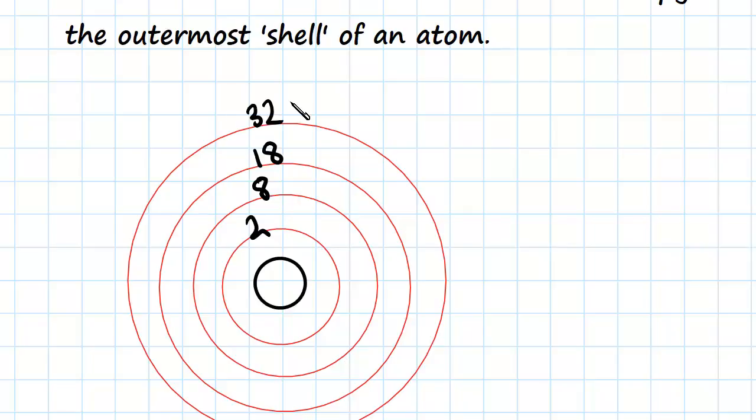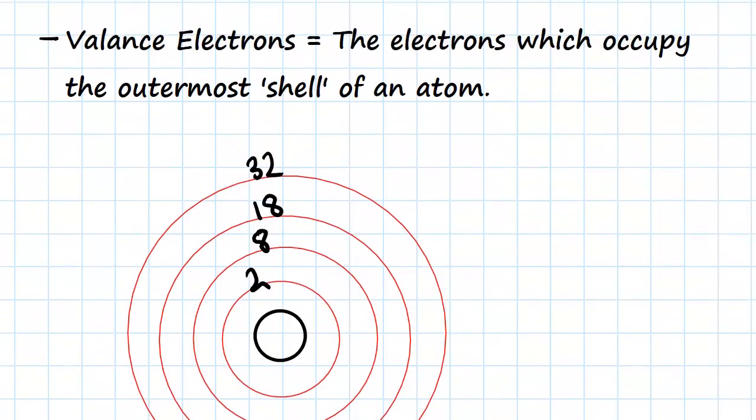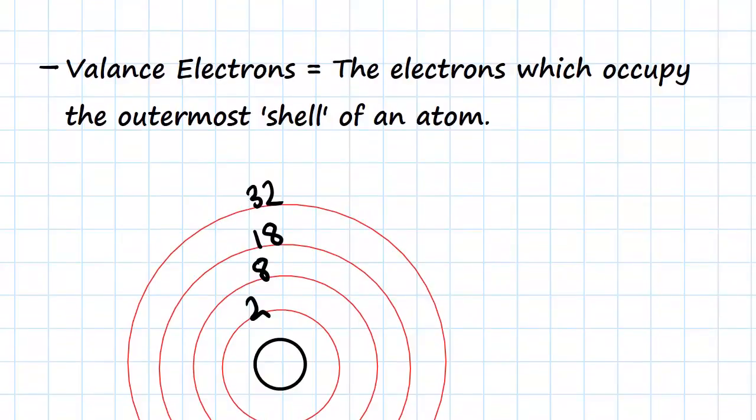So an atom's tendency is always to become stable, and when we say stable, what we mean is that we want to have a full outermost shell. So this might be 2 electrons, or let's say we have 10 electrons and we fill the first 2 and then we fill the 8 on the outside, so it's full. So it's always the tendency of an atom to give or take electrons so that it can be the most stable, and this means having the